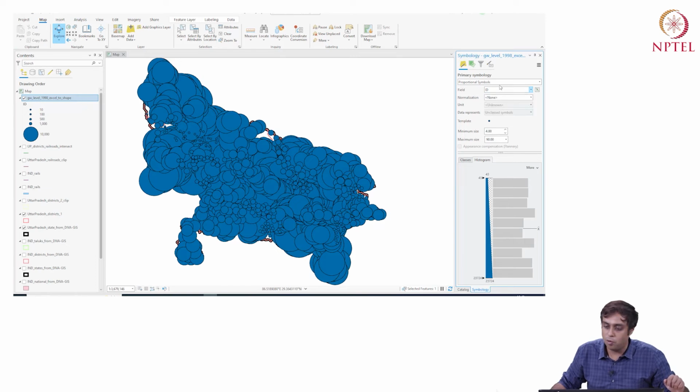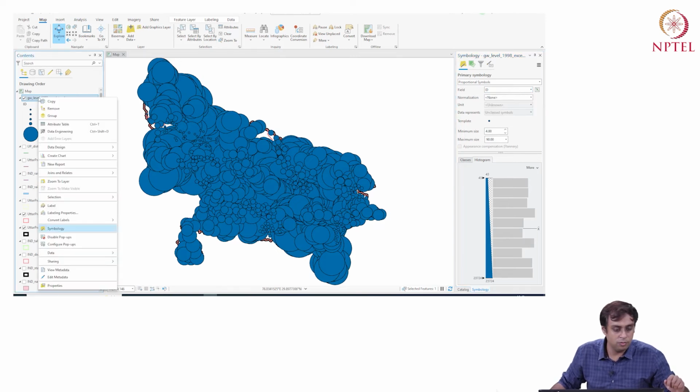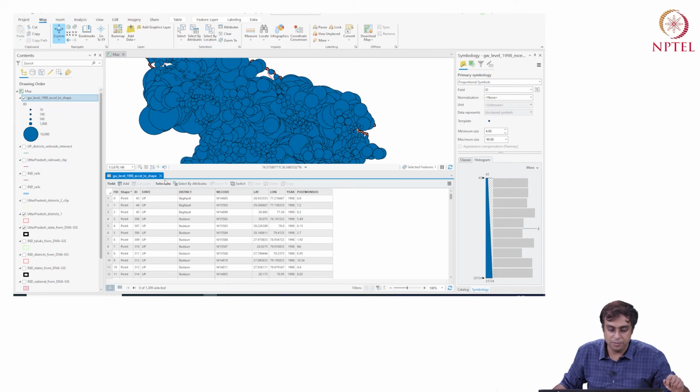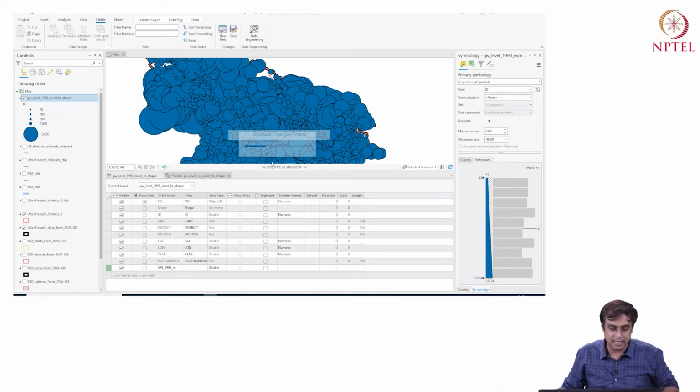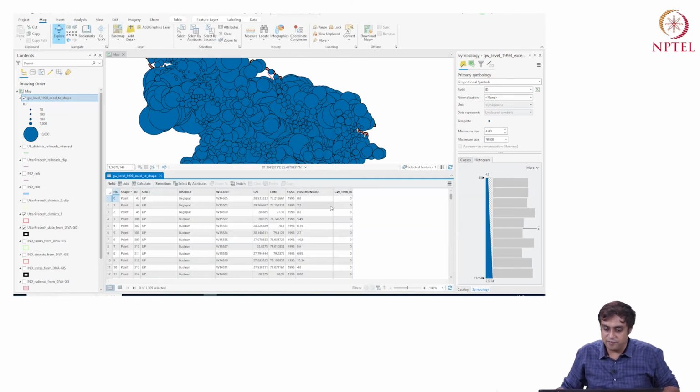For that, I will open my attribute table and add a new field. I will call the field groundwater 1998 meters, or let's say MET, or just M. I would like to have the data type as double, and I will just say I'm done. It'll say, do you want to save this change? I'll say yes, I want to save this change. Perfect. So I have my new field, groundwater 1998 meters.